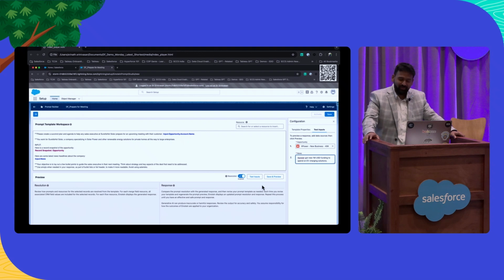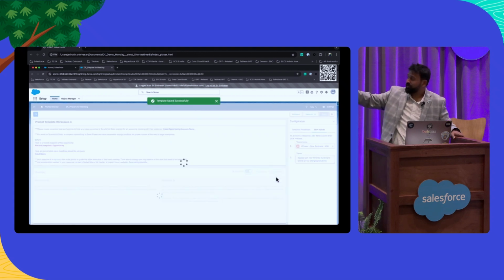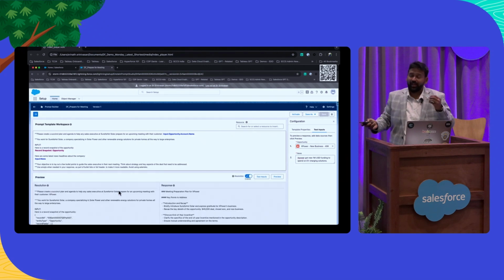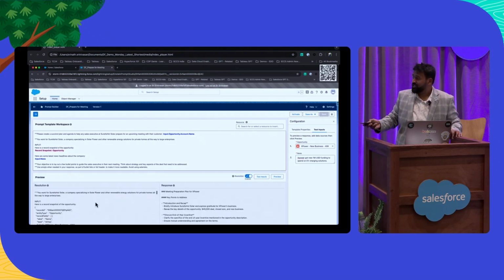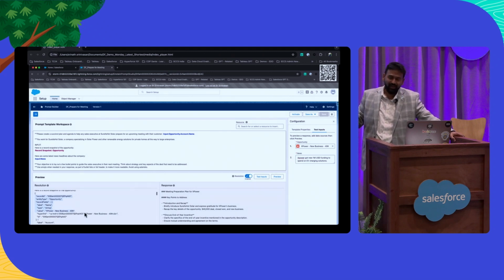As you save and preview, I want you to pay attention to the three main aspects here. The top part is actually your template. That's where every bit of information went in. The bottom part here is actually the resolution. This is how the LLM sees the prompt. As you can see, all the record information, the actual opportunity record, who the owner is, what the value is, every single piece of information is coming in from your CRM records. It's grounded in the truth. It's coming in from your trusted CRM sources.